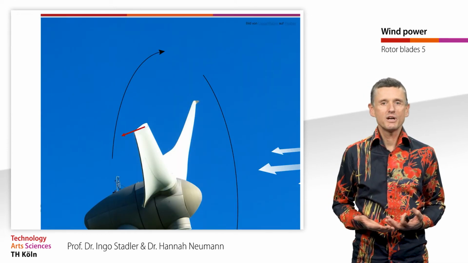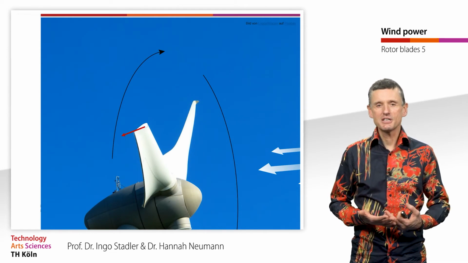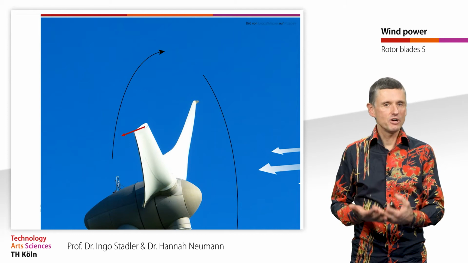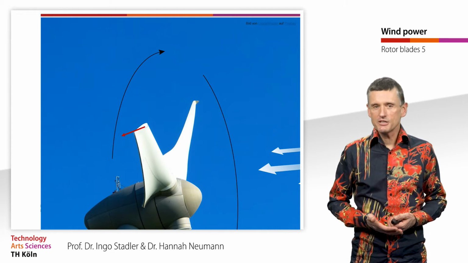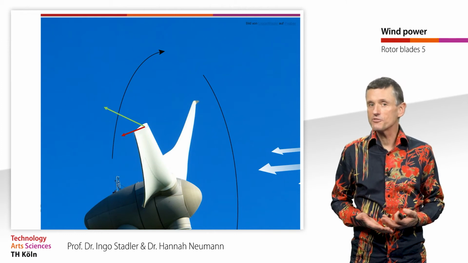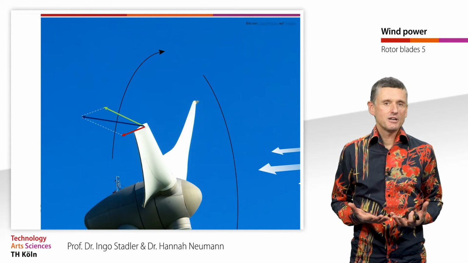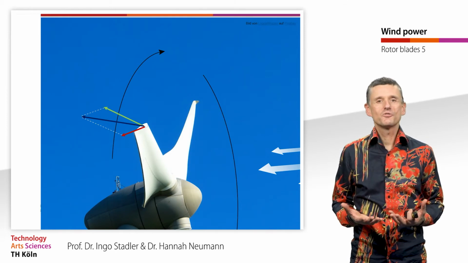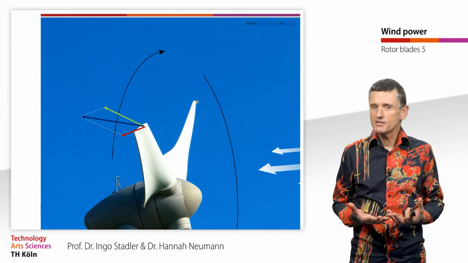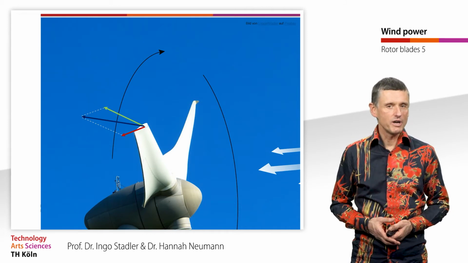We have this red one, the air drag, going into the direction of the resulting wind velocity, and perpendicular to that we have the lift force of the rotor blade, and the sum of it is the total air force. Again, the direction of this force is not what we are interested in, and therefore we derive those vectors in a different way.